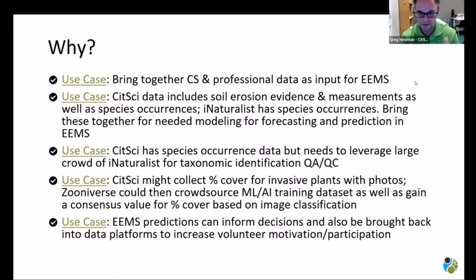So for example, if your protocol said take a photo of 1 square meter and then have other volunteers estimate how much percent cover was occupied by that species, like ocular percent cover estimates, you could do that on the Zooniverse. And that might train machine learning algorithms so computers might be able to take an image and make a guess as to how much percent cover